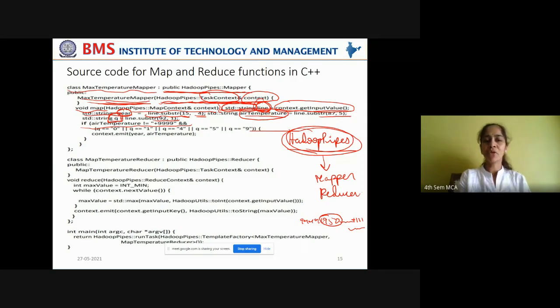If the air temperature is not equal to some miscellaneous number and if the quality code is not any of these characters, if it is not equal to 0 or 1 or 4 or 5 or 9, then you can start capturing the original air temperature, meaning passing it as the output of the map phase.